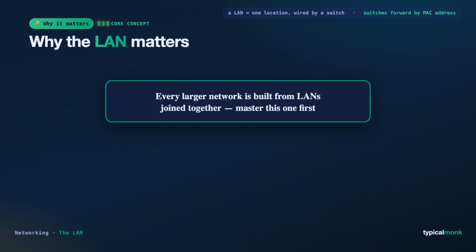Let us close by seeing why this small local network deserves so much of your attention. The LAN is the fundamental building block of all networking. Every large network you can name, a company's global network, a university campus, the internet itself, is at its heart just many LANs joined together. There is nothing more basic and nothing more important to get right, which is exactly why we learn it first